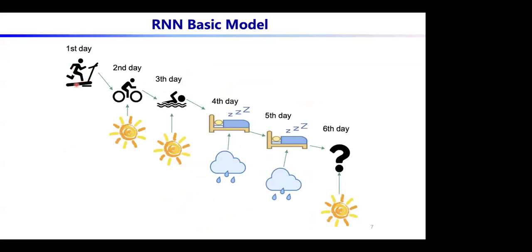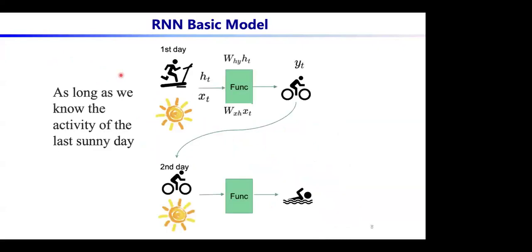Now we want to make it more complicated before we build such a neural network. So this neural network actually plans activities not only for the next day, but for quite a number of days, first, second, and so on and so forth. And it also depends on the local weather conditions as well as the previous days' activities. Suppose that we already have the activity patterns of the last 5 days. So the question is, what would be the activity of the sixth day? That's what the AI should be able to derive based on the activity patterns of the previous days.